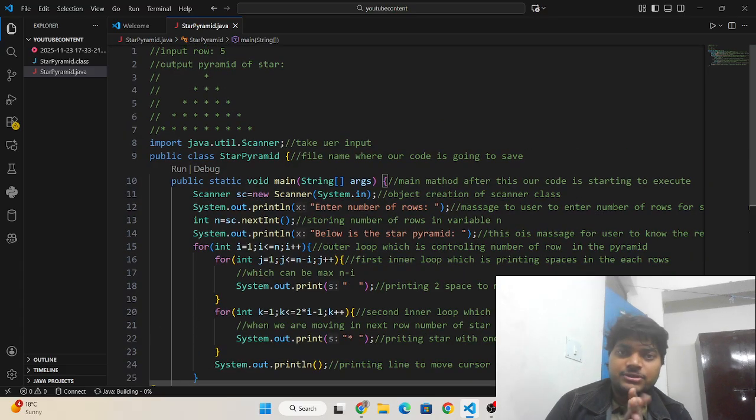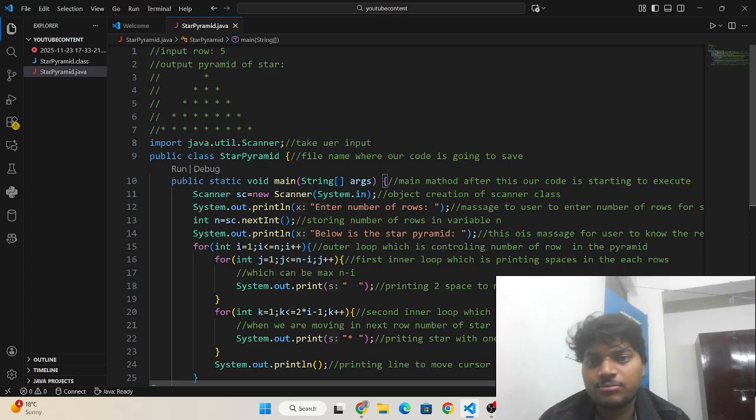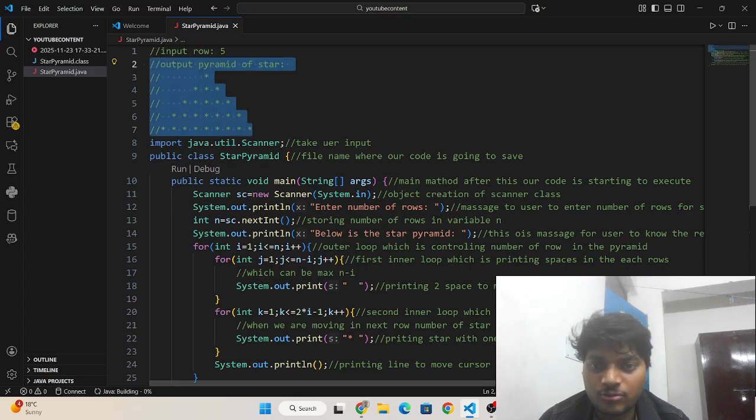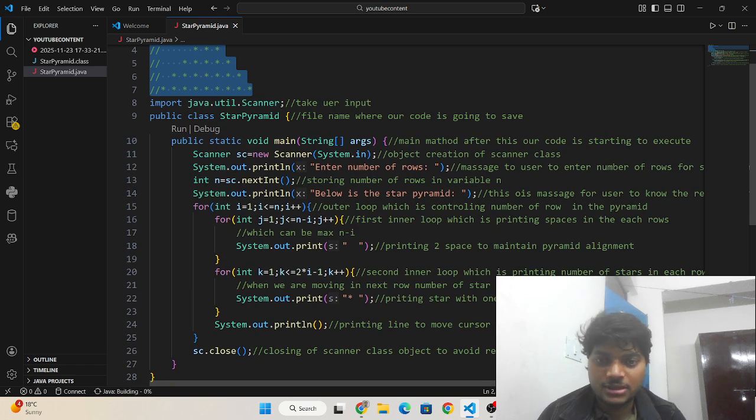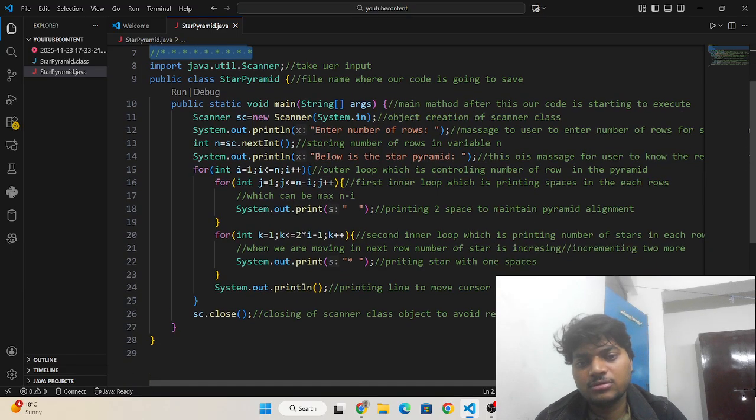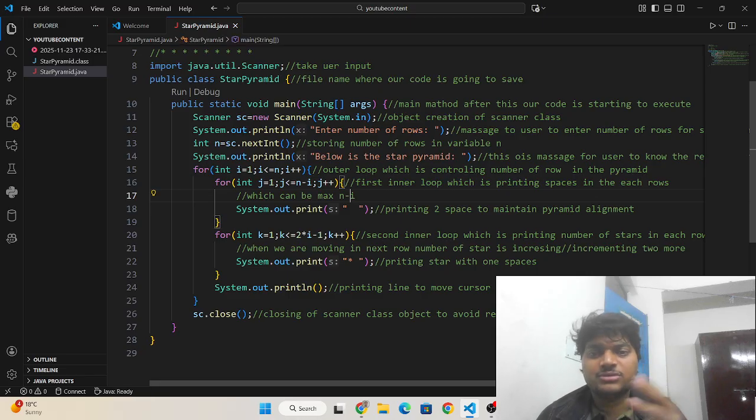You can see I have written the complete code, and I have already explained what our problem is. You have to keep in mind two things for solving this problem. First is spaces: spaces will be n minus i, and the number of stars is incrementing by 2 when we move to the next row. So you have to run three loops. The first is the outer loop to control the number of rows.